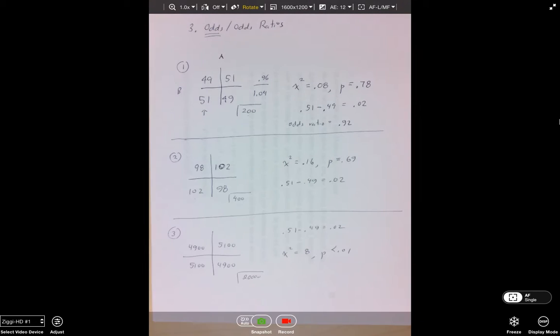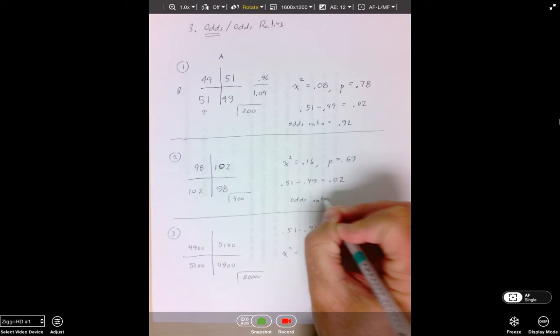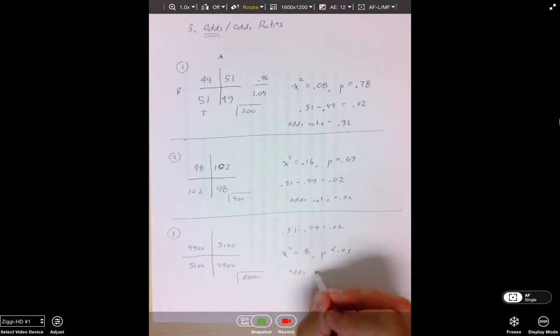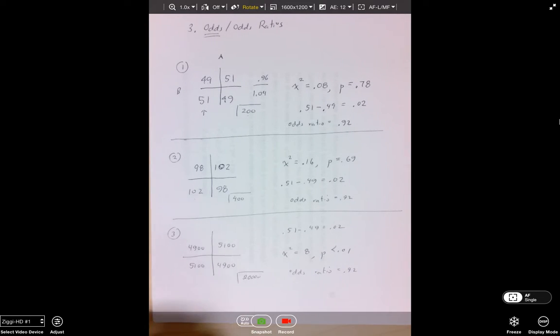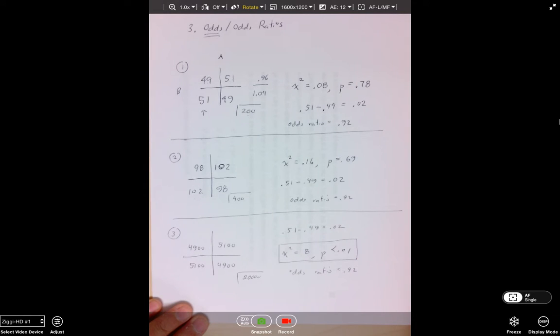Well, if we look at this, we're going to get 98 divided by 102 divided by 102, and you know what's going to happen, just like I do. The odds ratio is 0.92, and the odds ratio down here is also 0.92. So my point is the statistical significance clearly doesn't tell everything,